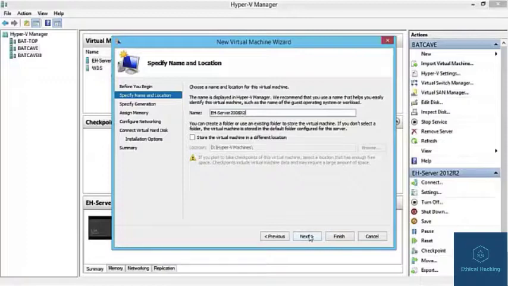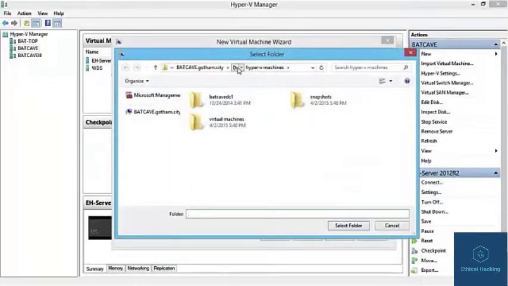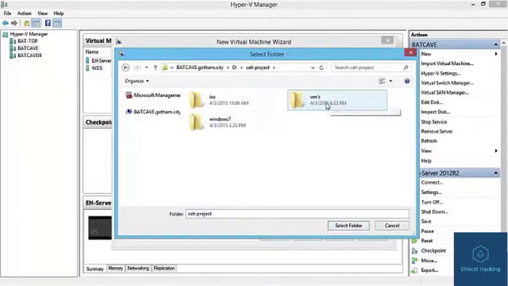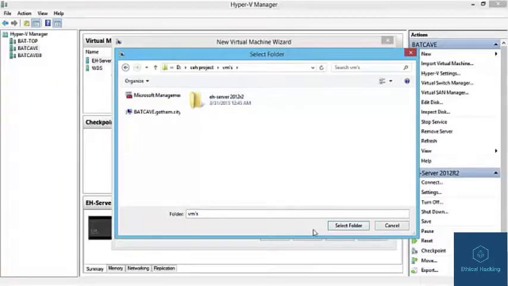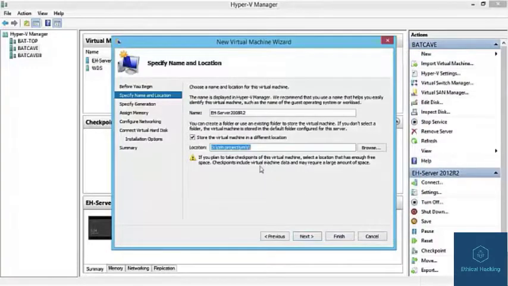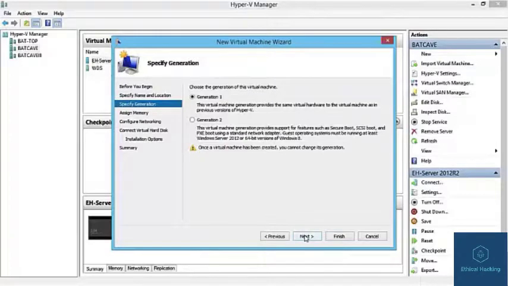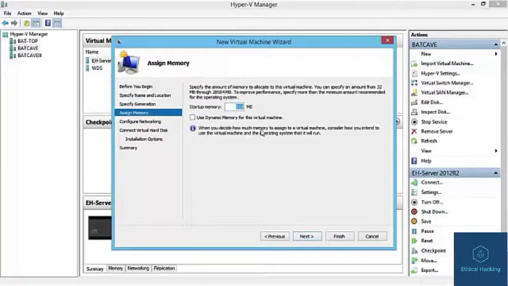2008 R2. It says, where do you want to store this machine? Again, we're going to change it to our location where we have our CEH project folder. And I have a subdirectory here called VMs. There's the Server 2012 box. We're going to put it inside of this folder, and it should make a subfolder for me that represents that server. We'll hit next. I'm going to go ahead and take the default here, Gen 1,